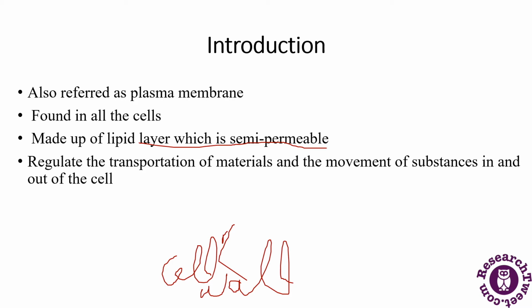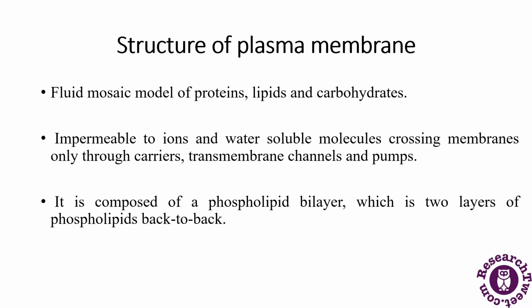As we have discussed, this is a semi-permeable membrane, and it controls the movement of the substances into and outside the cell. The functions include permeability, signal reception, motility, conduction, cell division, and sexual reproduction. These are all the important functions of the cell membrane, and this was the introduction to the cell membrane. Next we will talk about the structure of the cell membrane.